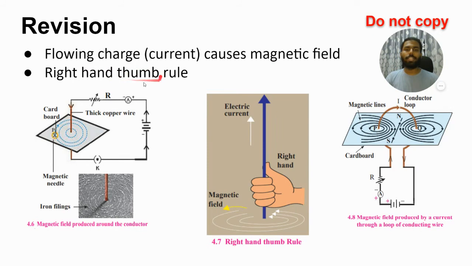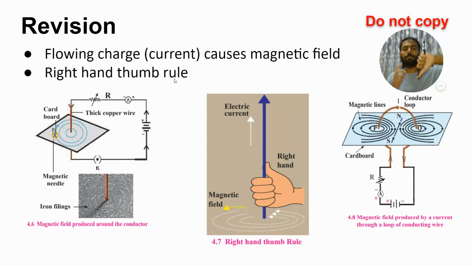Okay, so what does right hand thumb rule tell us? Imagine that in your hand there is a current carrying conductor. Okay, if you have a current carrying conductor in your hand, then your thumb is telling the direction of current. So अगर thumb ऊपर है यानी करंट नीचे से ऊपर जा रहा है, अगर मैंने इसको ऐसे पकड़ा यानी करंट ऊपर से नीचे जा रहा है। ओके, so say for example the current is this way, okay, so if this is my right hand and thumb is pointing downwards, तो फिर मैग्नेटिक फील्ड